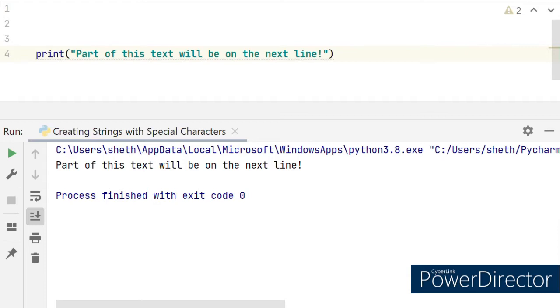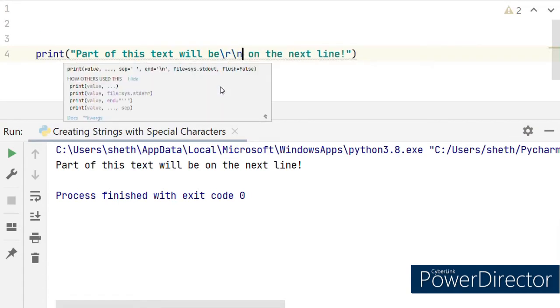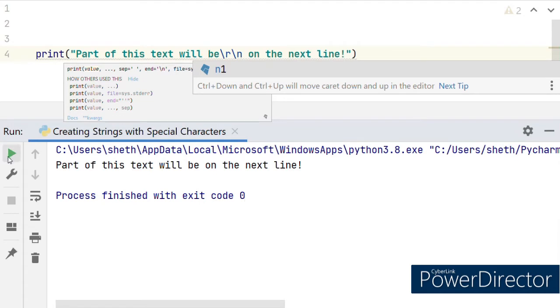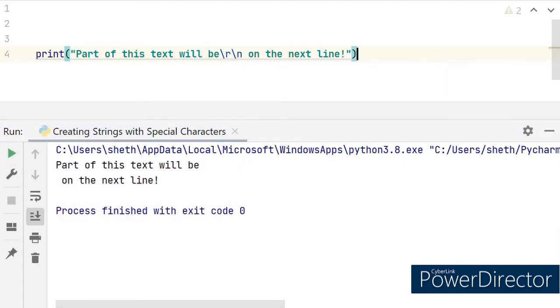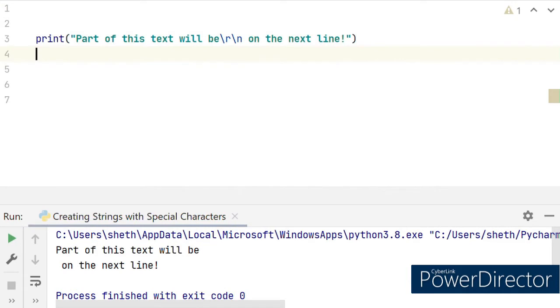I wrote this code and ran it. I want to break the text from this point, meaning I want this text to appear on the next line. To achieve this, we can say something like this. Just copy me, and now we will run the code again, and as you see we get the desired results. You can use this code anywhere in this statement, so I can even use it over here, depends on you. I will show you some more examples.